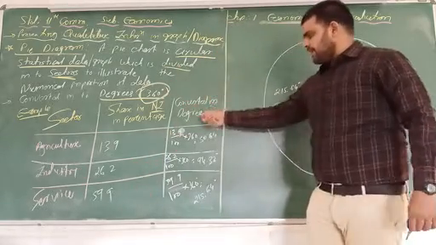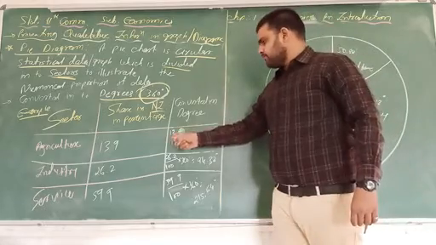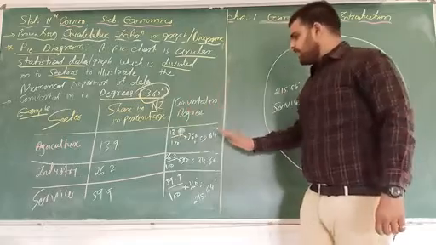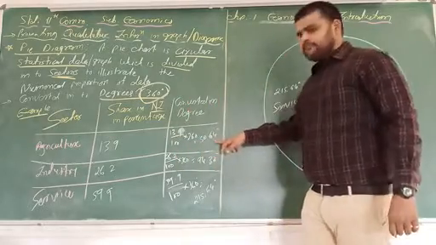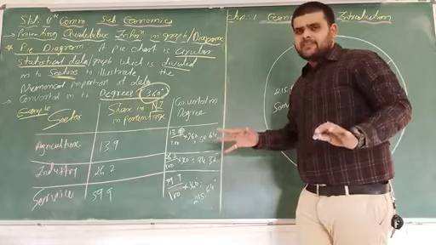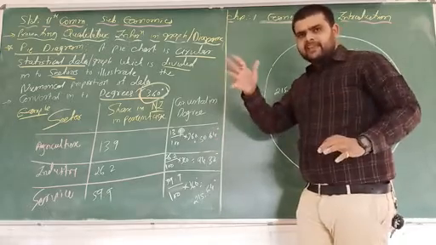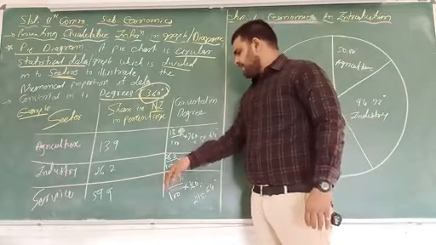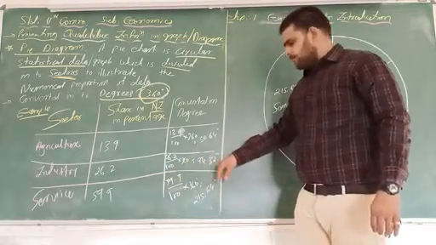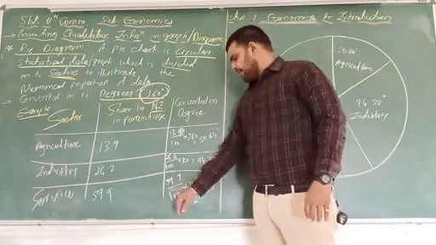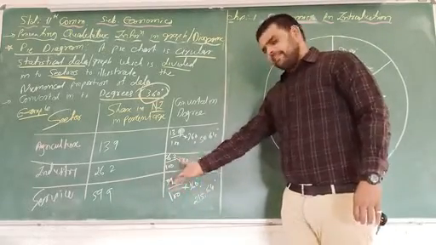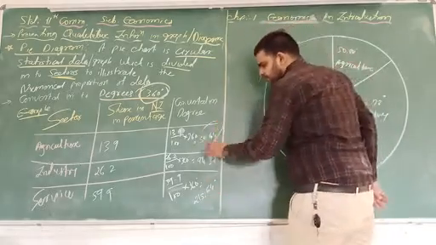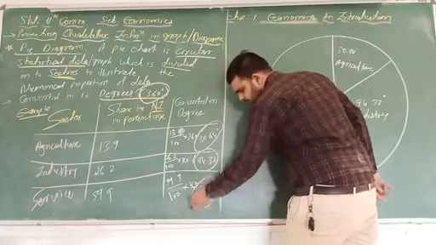Again convert into degree. So here 13.9 divided by 100 multiplied by 360. This is the definition to convert percentage into degree. Same, so here 60.64%. Some fluctuations is there because of like 0.5 that we have to convert. This type of fluctuation is there. 26.2 divided by 100 into 360, 94.32. 59.9 divided by 100 multiplied by 360, that is 215.64. So we have to now convert this data into pie diagram.